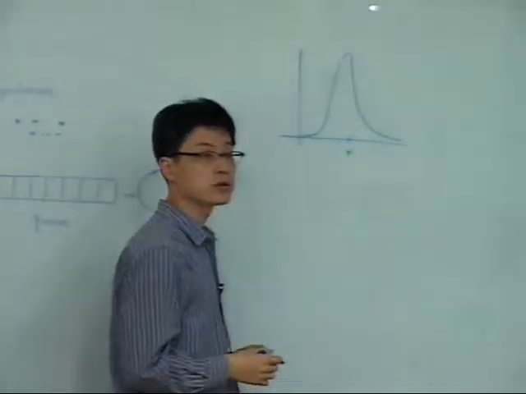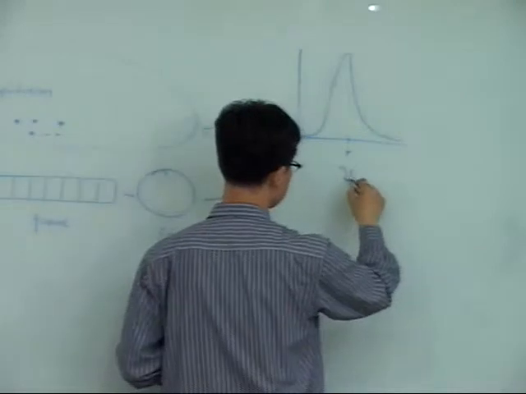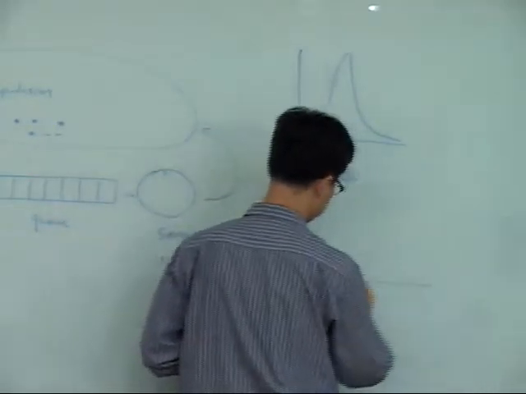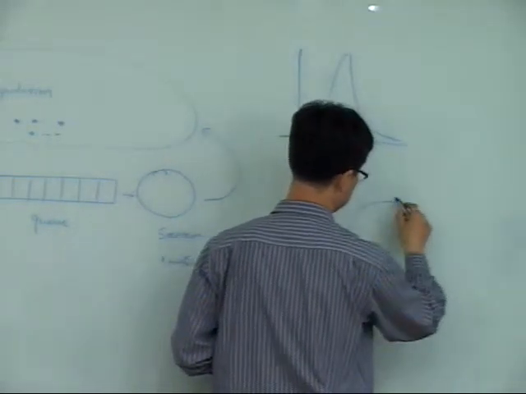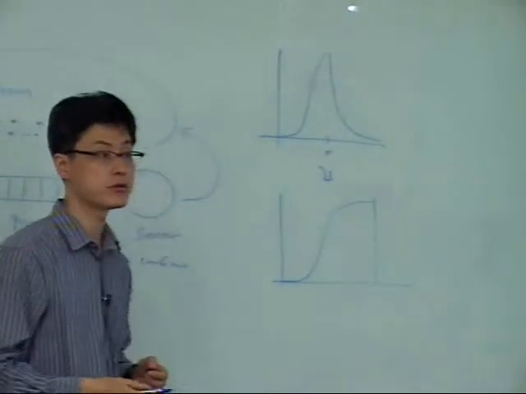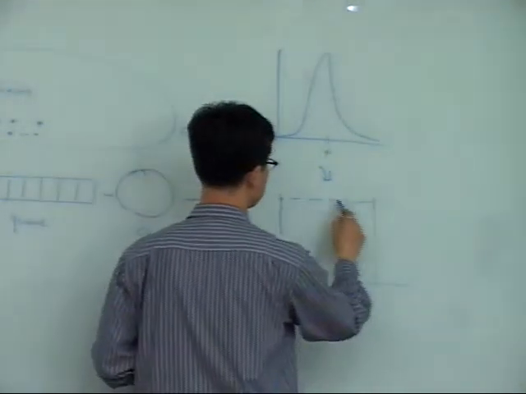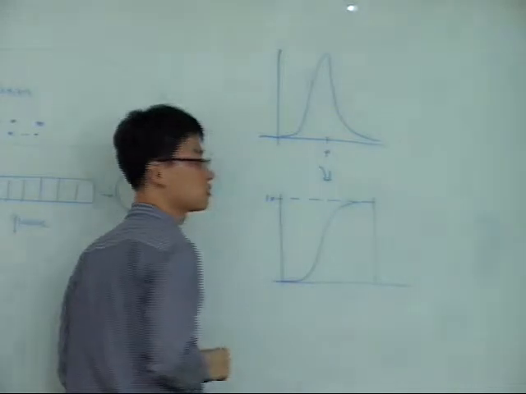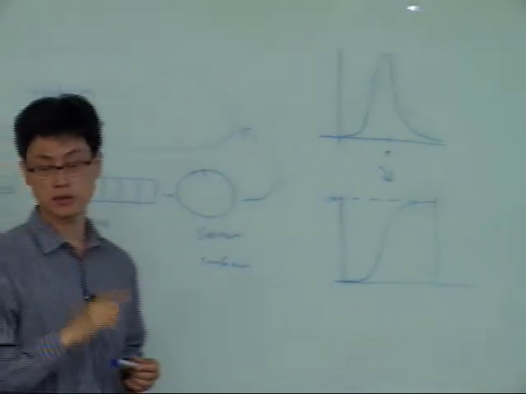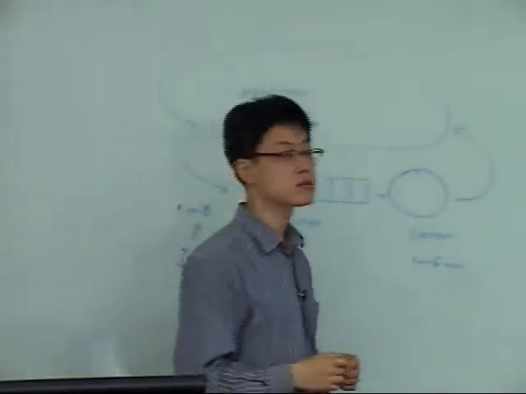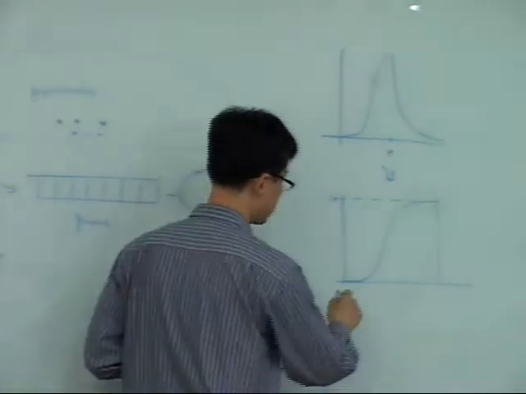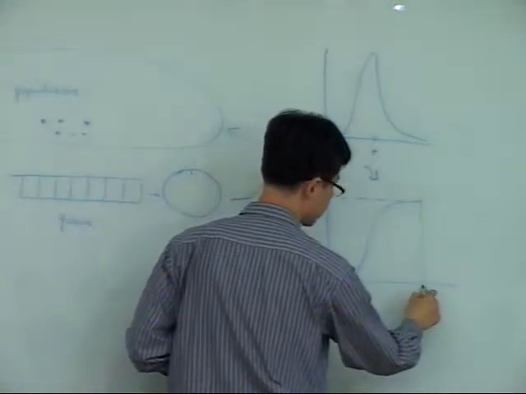If it's distributed like this, the next step is to make this cumulative distribution function, and it also ends like this. And random digit assignment means from here